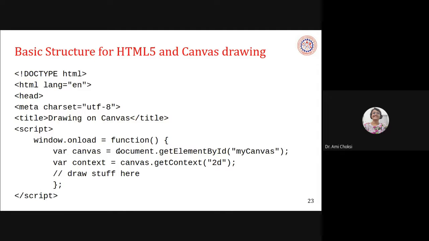Which is written inline only, right? So what is the code for that? We are having the initialization of two variables. One is canvas and second is context. Canvas is the getElementById of myCanvas, and var context, that is the environment with which we want to draw something, right? So canvas dot getContext of 2D. Okay.